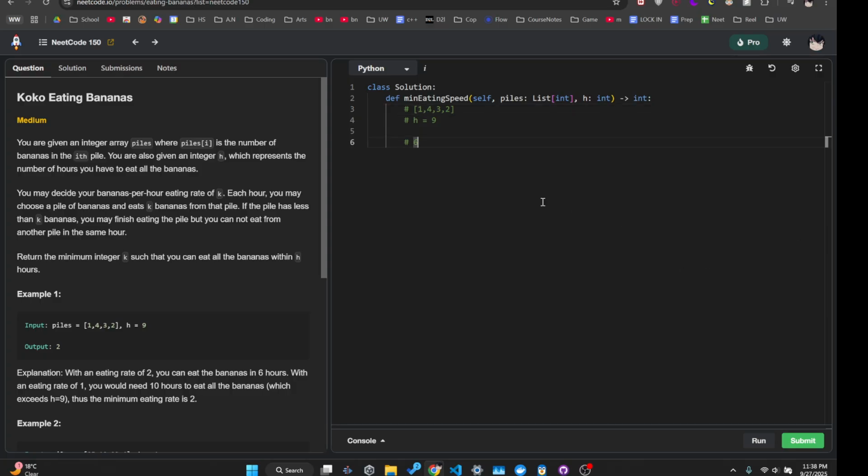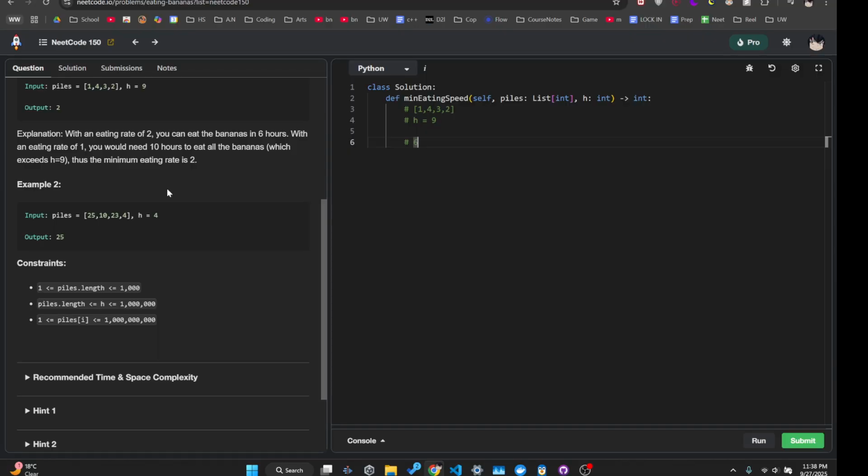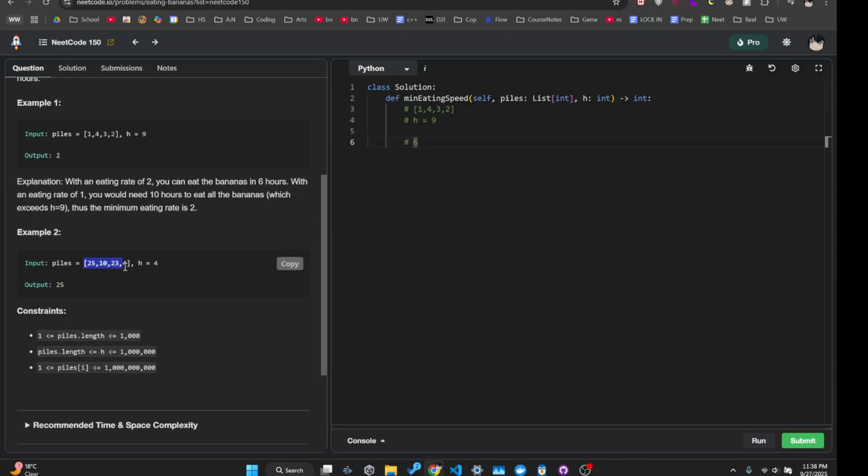Okay, I see. This is quite a cool question. I don't immediately know how to solve this, but let's just work through it. Let's look at another example. If we look at this one, we notice that h equals 4, which means we can only take 4 hours to eat this. Since we can only take 4 hours and there are 4 elements, we kind of need to take the maximum element in this case. But that's sort of weird, right? That's sort of a weird way of thinking about it. I feel like in this case,